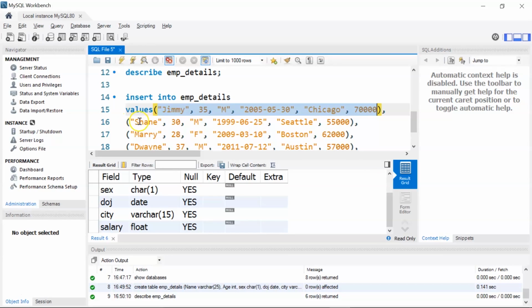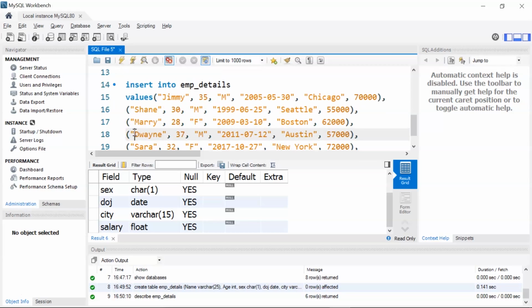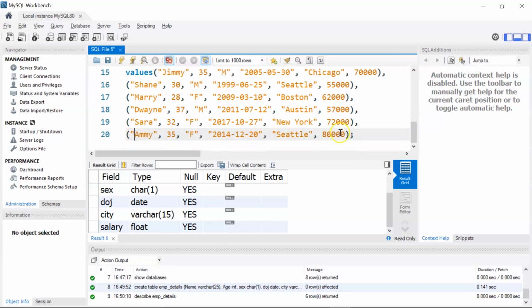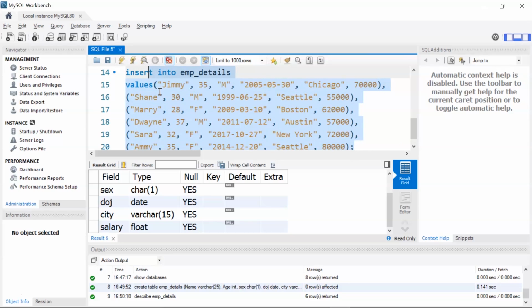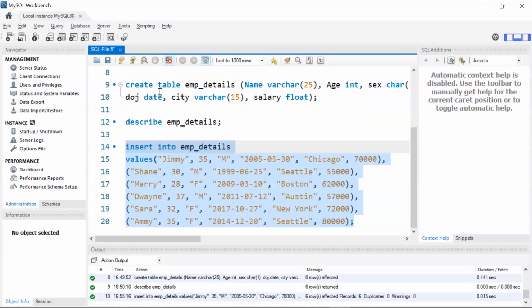Similarly, the next employee we have is Shane. You can see the age and other information. Then we have Mary, Dwayne, Sarah and Amy. Alright, so let me go ahead and run this. So this will help you insert the values in the table that you have created. You can see we have successfully inserted 6 records.